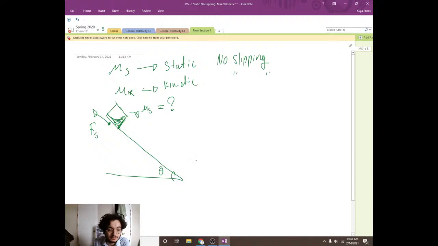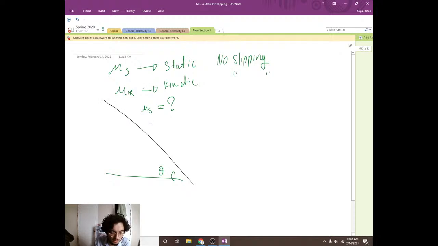Now let's talk about objects that actually rotate. So like an actual ball. When you have a ball like this, and let's say for the sake of simplicity that this ball is uniform. Constant density, all of that cool stuff. It has uniform mass distribution. It's a very nice object,